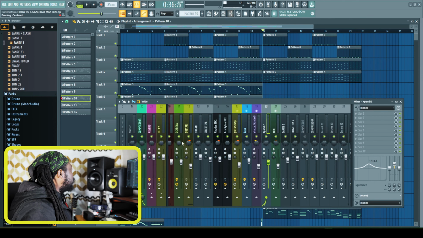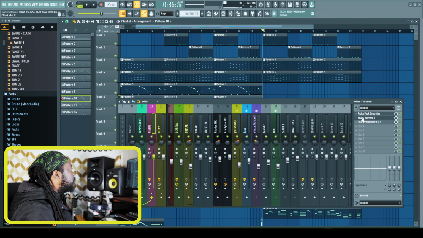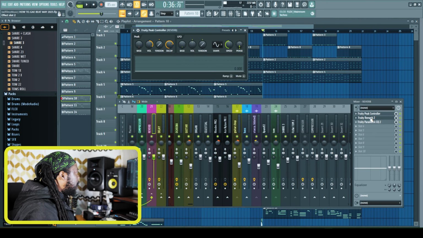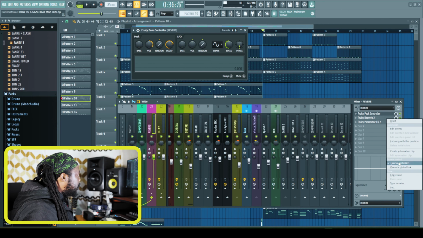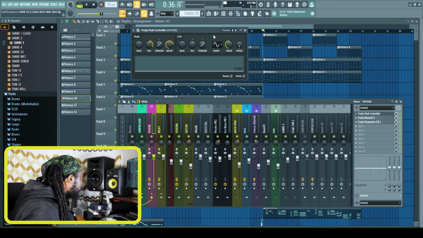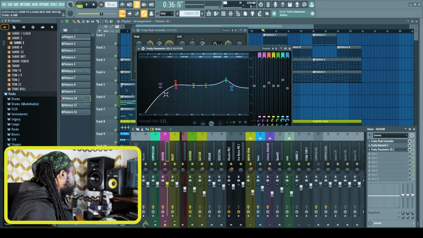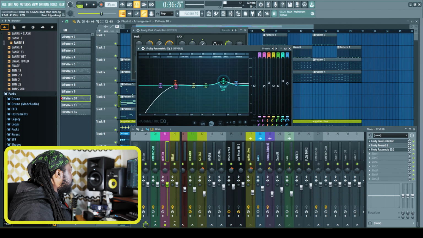So let's get back to the mixer. After I created the reverb again, I added the Fruity Peak controller here. These are the settings, I leave them there most of the time, I don't touch them. And then added the reverb on the second one, and then linked this to this controller here, and then added some FL parametric equalizer to cut off the low end of that reverb. Then at least create some kind of